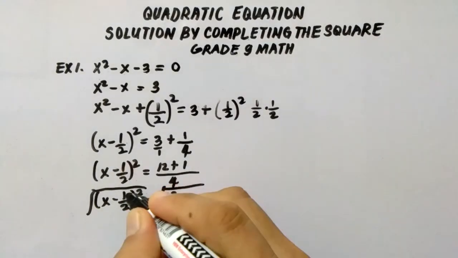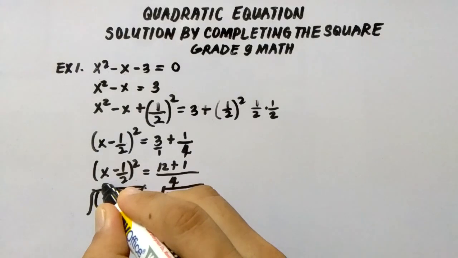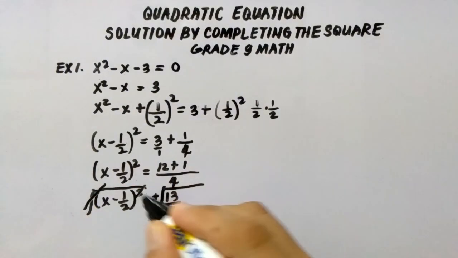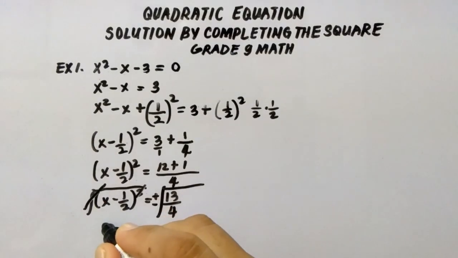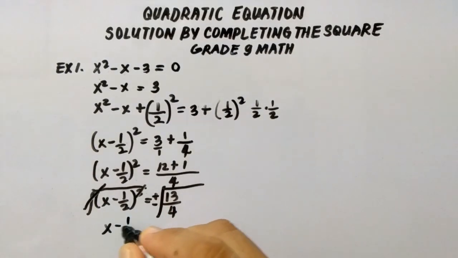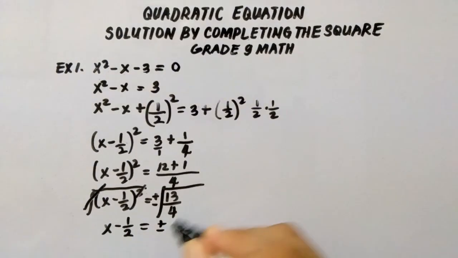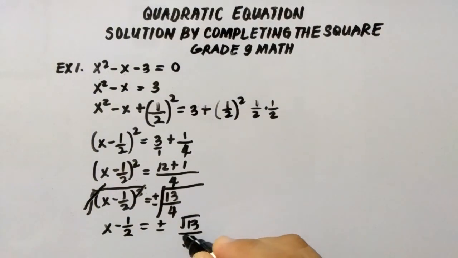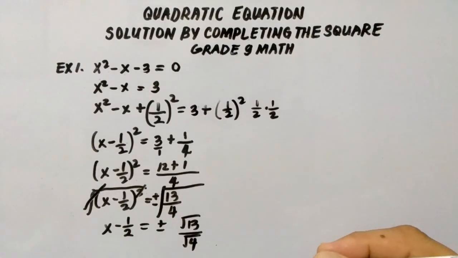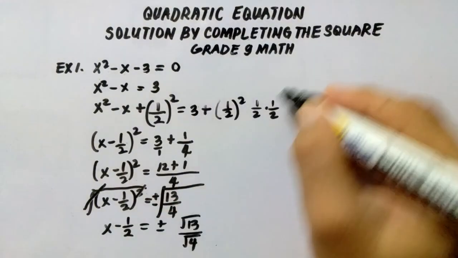Then, i-cancel na po natin, no? Ito po, square root of 2 and yun pong 2. So, we have x minus 1/2 is equal to positive, negative. Then, paghiwalayin po natin to, no? Pwede pong isulat ng ganyan yan. Square root of 13 over square root of 4. Okay, so i-continue po natin dito sa kabila. Then, x